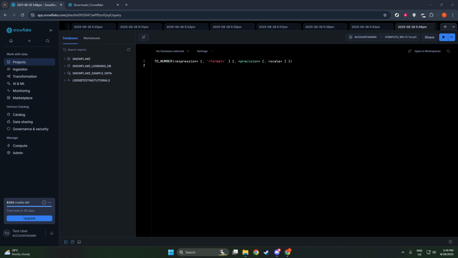First, the syntax for using the toNumber function is important to note. It follows this structure: toNumber, expression, format, precision, scale. Here, the parameters in square brackets are optional. What this means is you have the flexibility to specify the format of the number, or even the total precision, which denotes the total number of digits, and the scale, which defines how many digits will come after the decimal